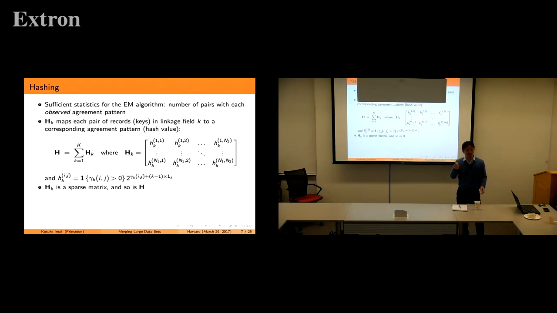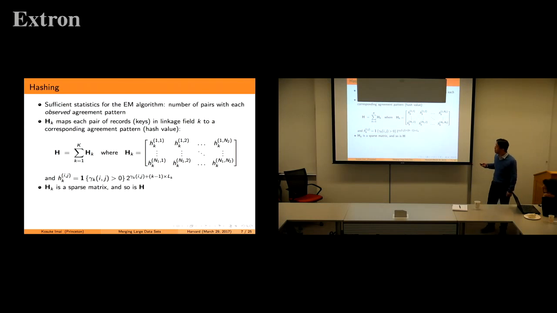So most of them are 0. And also the number of observed agreement patterns is very, very small. It's not that every agreement pattern is often realized; only certain agreement patterns are realized. So once you recognize this fact, you realize that this matrix is very sparse, so you can use the sparse